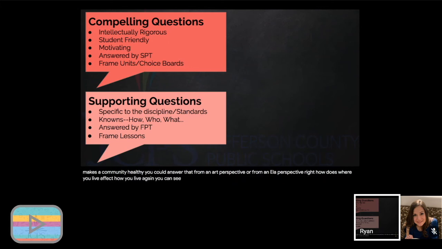Again, you can see this from multiple perspectives. We use compelling questions to frame units or, in this case, choice boards. And it's the compelling question's job to get students ready, right? And that question is answered by summative performance tasks, right? So that, again, these